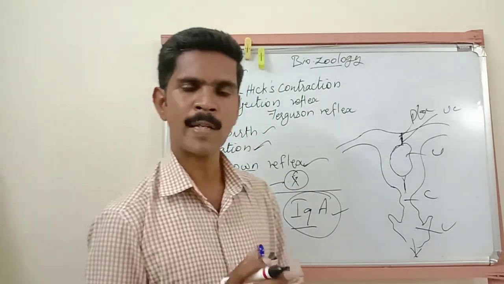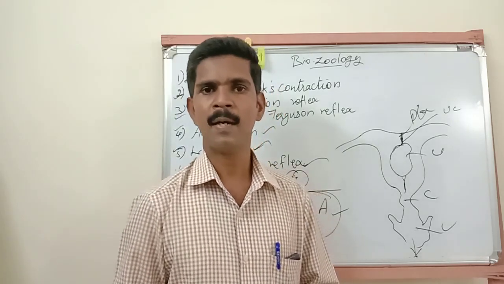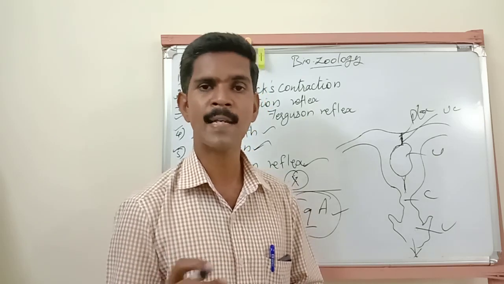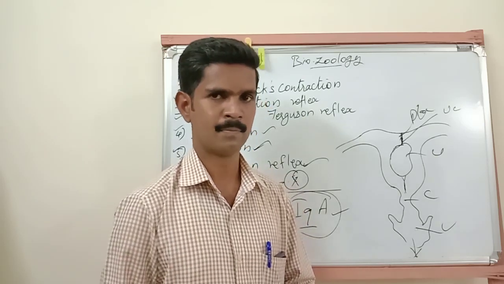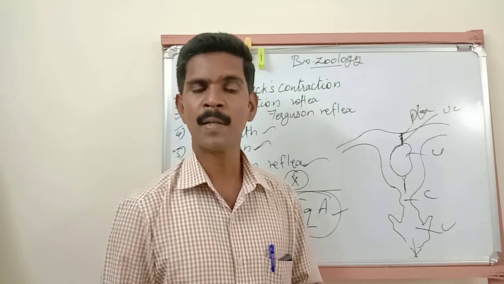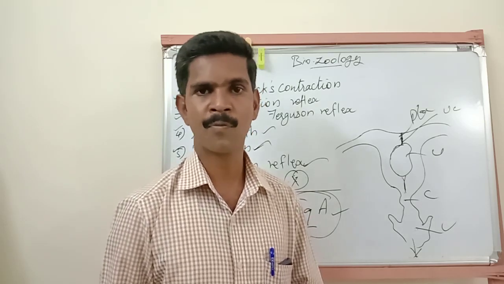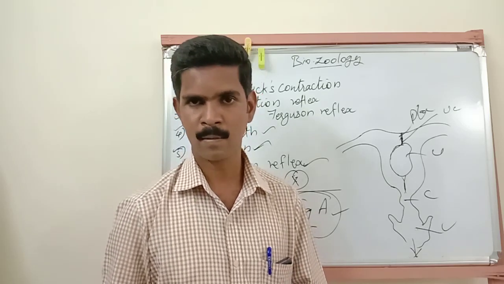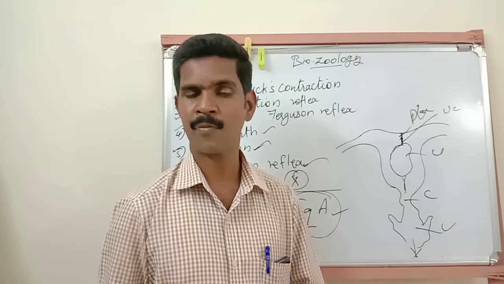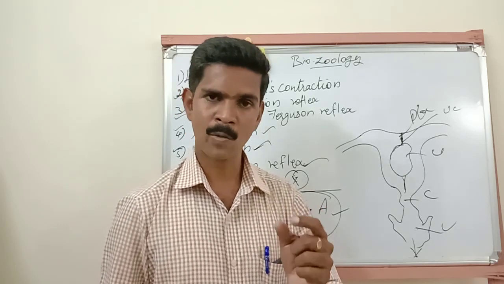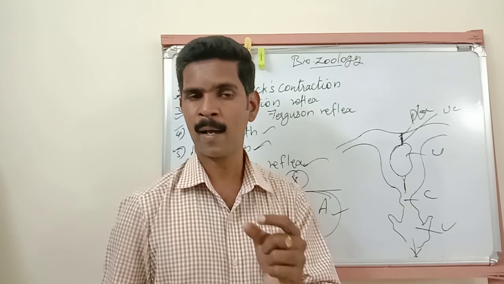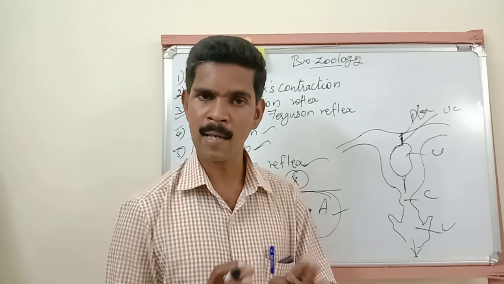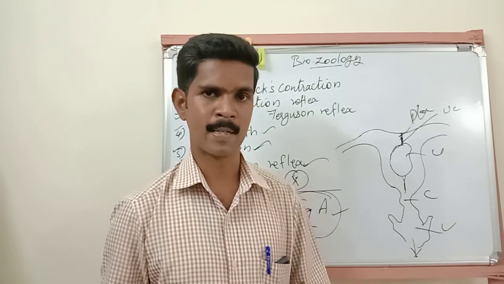So once again, let us repeat all the points about colostrum. Colostrum is a yellowish fluid secreted by the mammary gland a few days after childbirth. It is a highly nutritious food for the newly born baby because it consists of more proteins, vitamin A is highly available, different types of minerals are there, lactose is very low, and fat is completely absent. Many nutrients are present in high concentration.